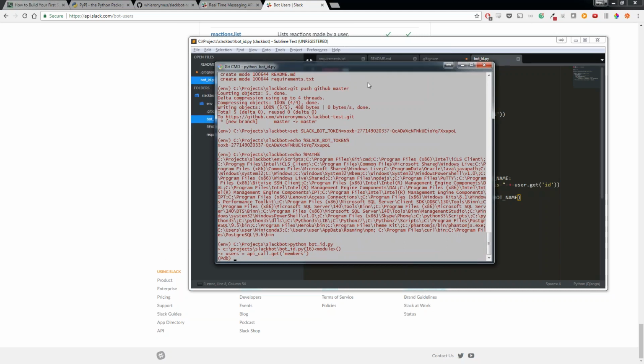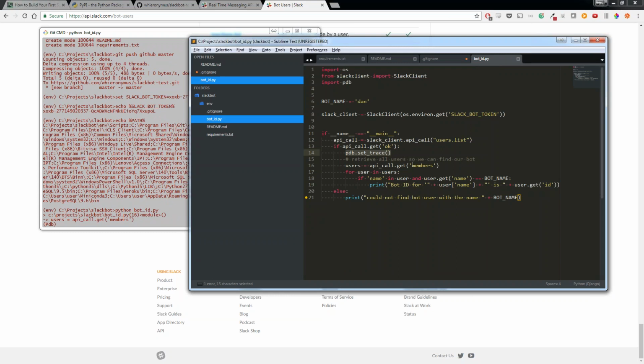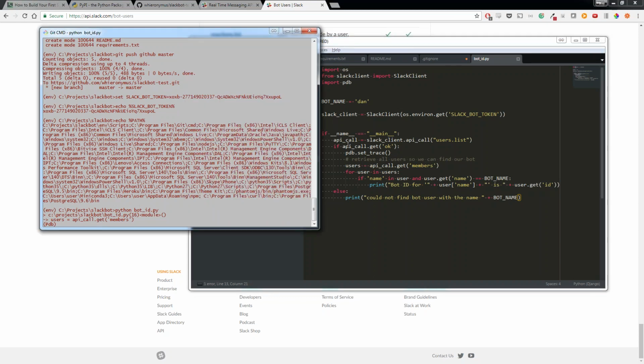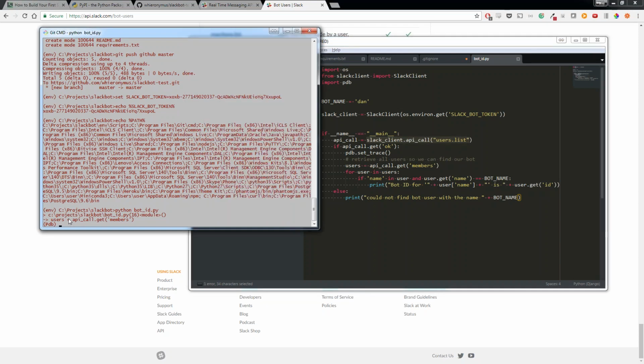So this is great right here. We paused our code right here, and we can see it's actually telling us the next line that it's going to run is users = api_call.get('members'). So we're paused right here. So what did we get back? Let's check out what we got back from slack_client.api_call when we pass in users.list. And so they save that in the